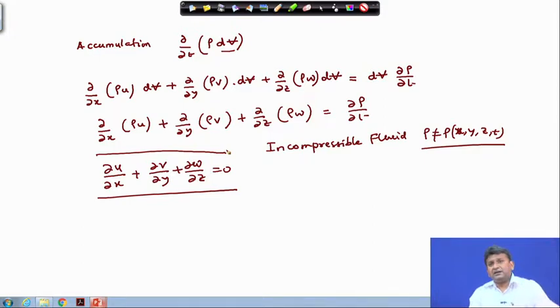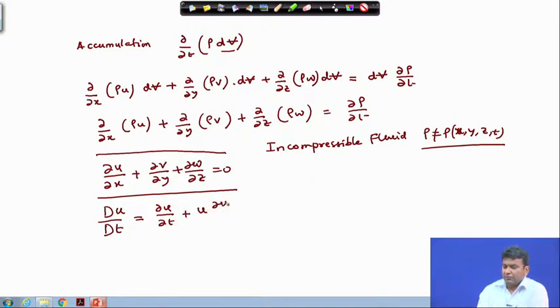So, once we understand the functional form of conservation of mass or the continuity equation, another concept that I would like to remind you at this point of time is the concept of substantial derivative. Let me just write it for the x component. We are now in a position to handle the conservation of momentum equations, and that I will do in two